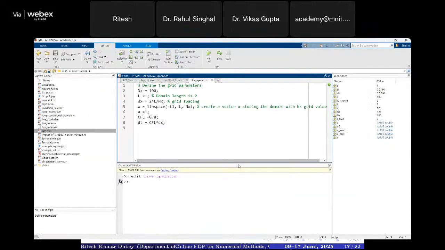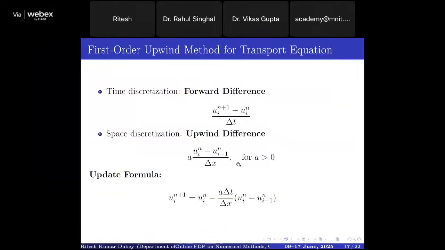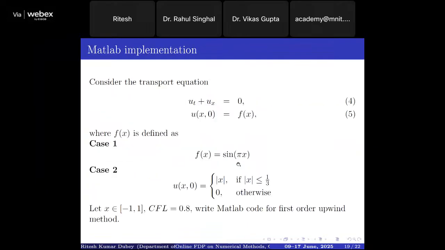So we got delta t. I will write it here as the time step. Then what else? What else? T equal to, I think. Okay, so we have taken here